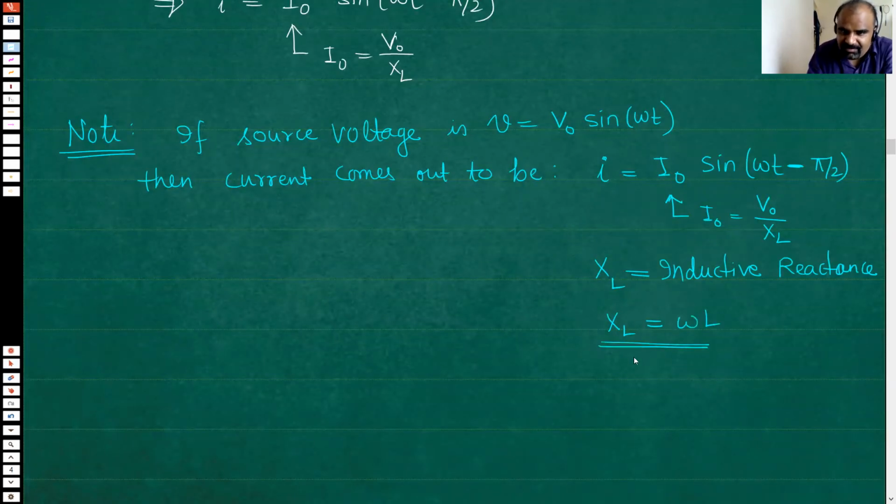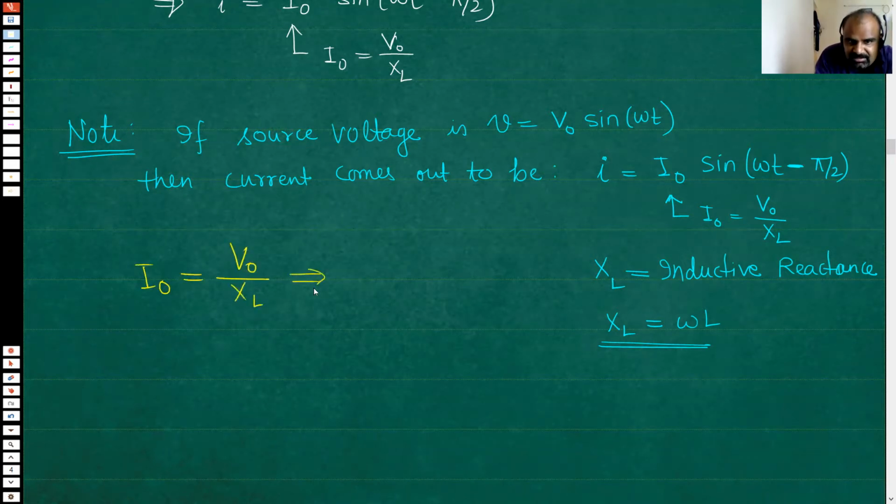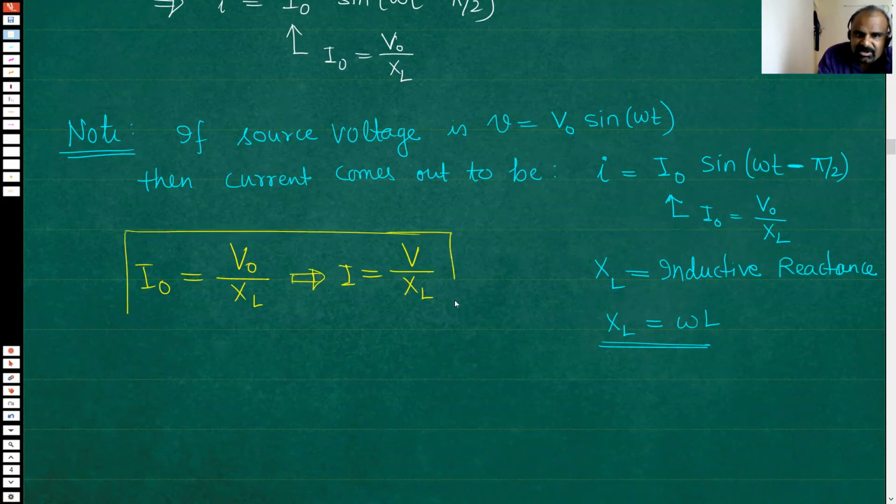Well, don't worry. Anytime we use it, I will do this quick revision all the time. So don't worry if you are not able to understand it the first time. You may be thinking, sir, how will I remember all this? I'll use this. See, so we got peak current is equal to peak voltage by XL. Does it mean that the RMS current will be equal to RMS voltage by the same XL? Well, yes, because whatever is the relation between peak values, the same will be the relation between RMS values. All you have to do is divide both sides by √2. So I naught by √2, you will get I, and V naught by √2, you will get V.